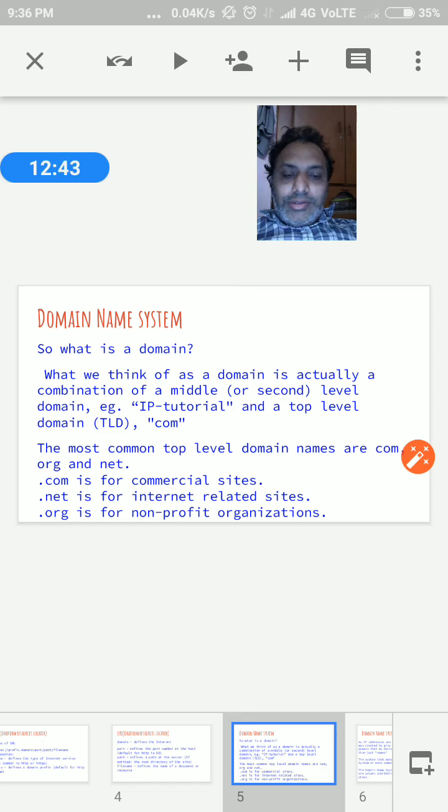A domain is actually a combination of the middle part, which we call the second level domain, for example iptutorial, and the top level domain, com.